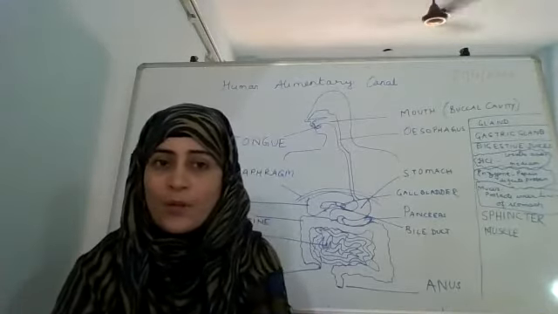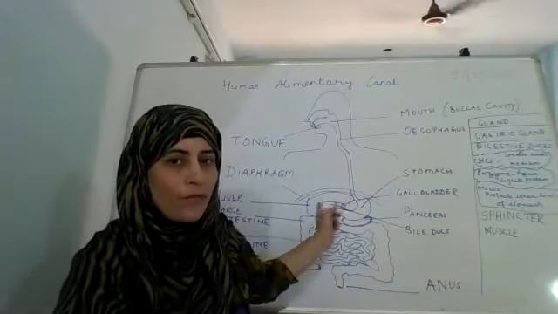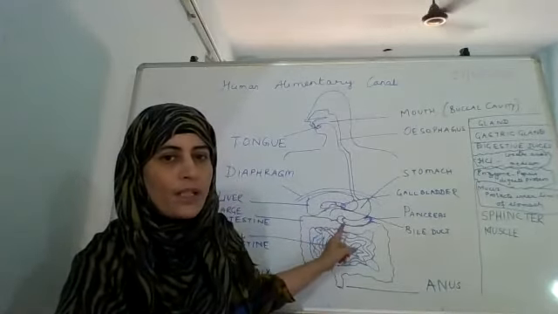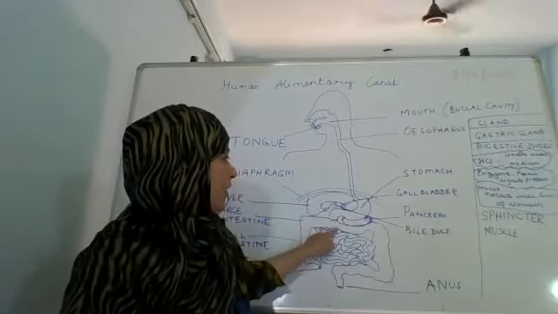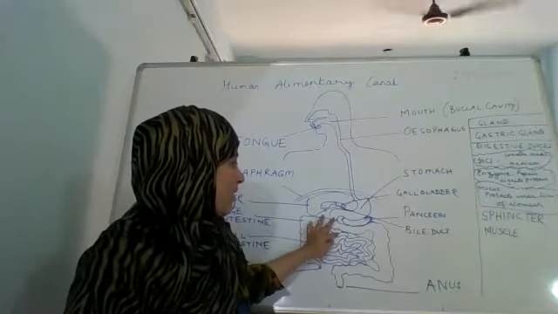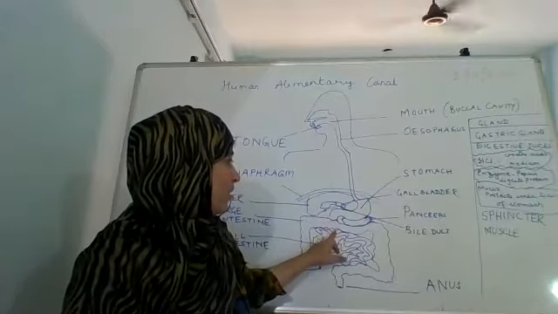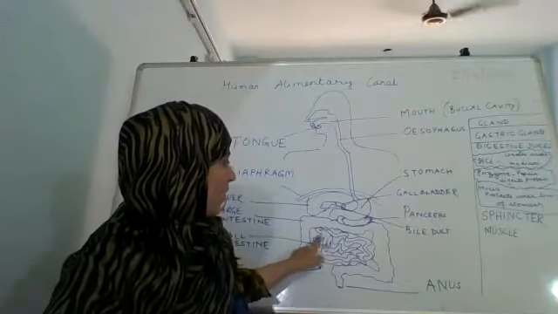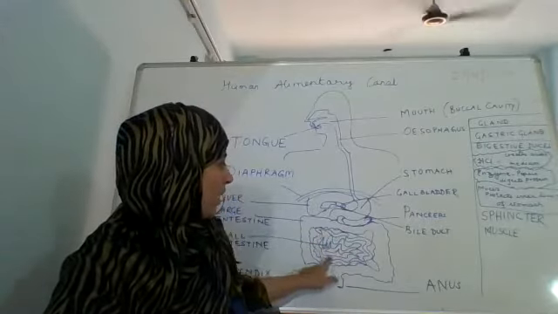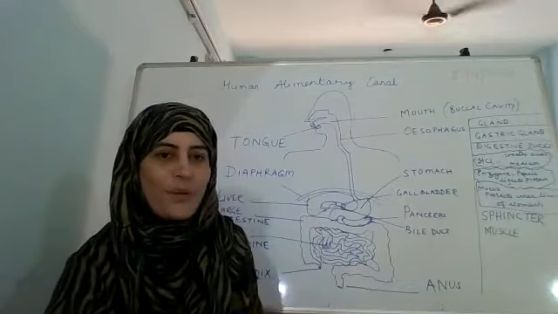Now what should be the next question? That now what happens to the food when it enters from the stomach into the small intestine? It will go here. You don't see the connection. It is behind this large intestine. It will come to the small intestine first. Okay, this is the small intestine. Though it appears very long, it is called as the small intestine.